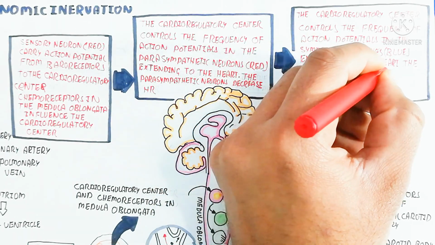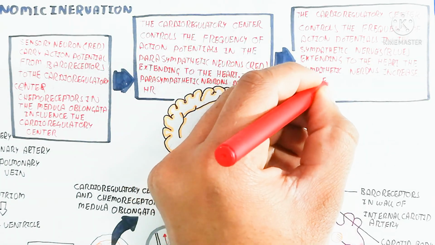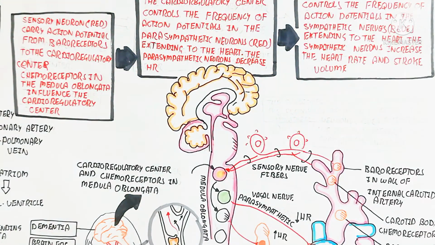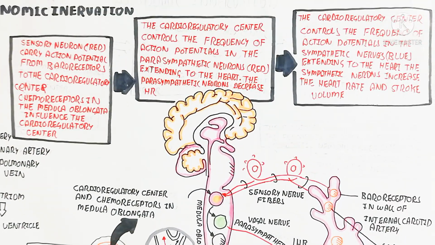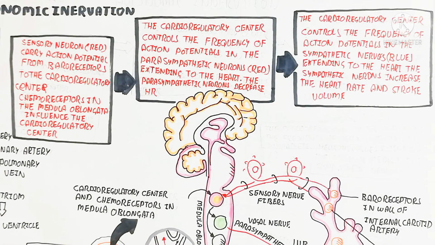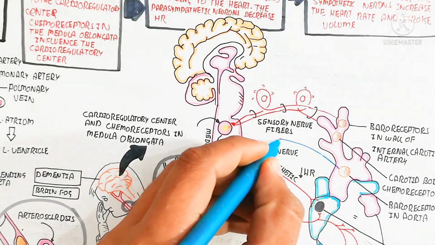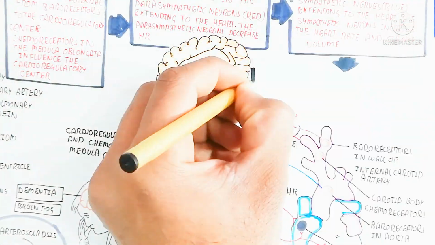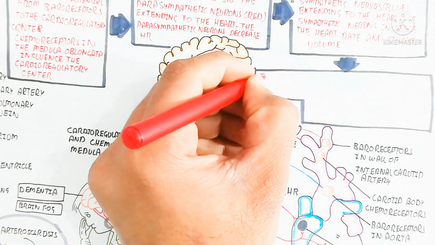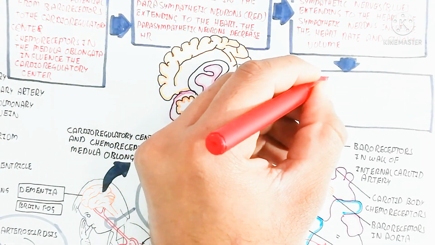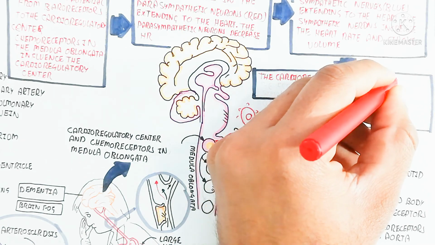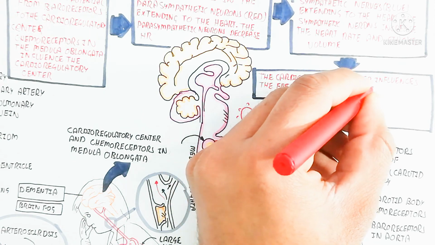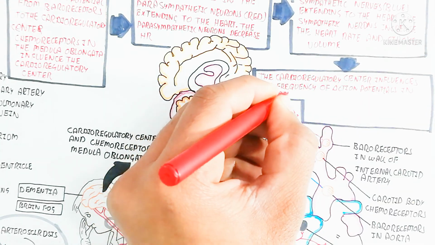So the blue color is showing the baroreceptor in the aorta. After the stretching of the wall of the aorta, it will detect the requirement of the blood pressure and depolarization of the heart, faster or lesser. So in this way, the sensory neuron nerve fiber is blue color, extending to the heart, to the sympathetic neuron, to increase the heart rate and stroke volume. So anyhow,